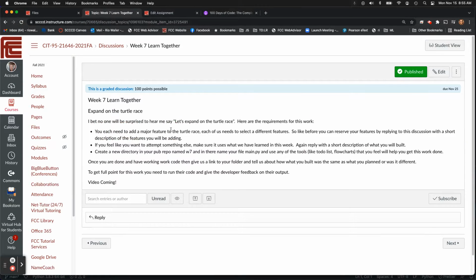So take the base code of the turtle race, right? Now, if for some reason you want to do something else, it needs to be along this same vein. It seems easier or maybe more straightforward to take the turtle race, but I also like to give students flexibility and creativity in what they code. It needs to meet this basic requirement of having the user select something, having a game that plays itself out and has some kind of output. But I suspect most of us will use the turtle race.